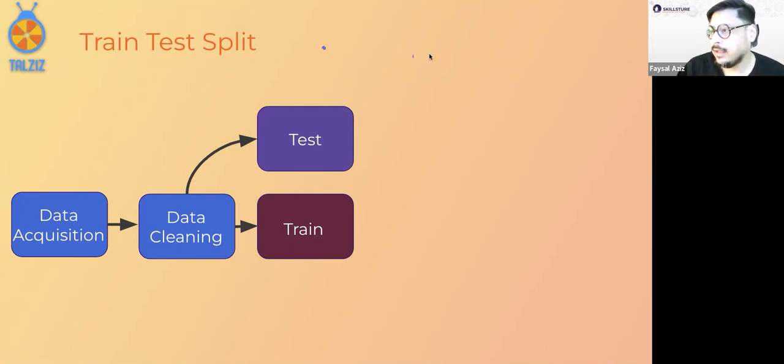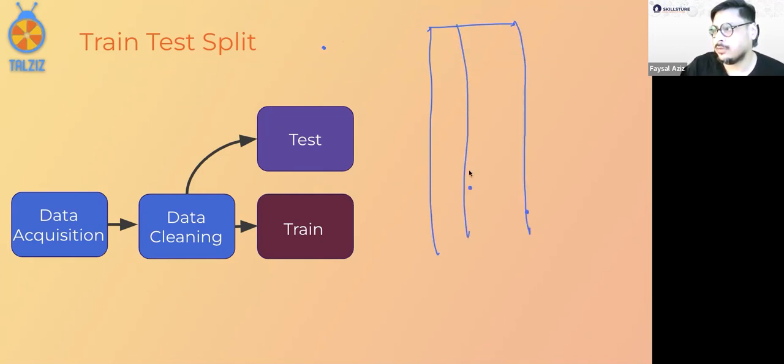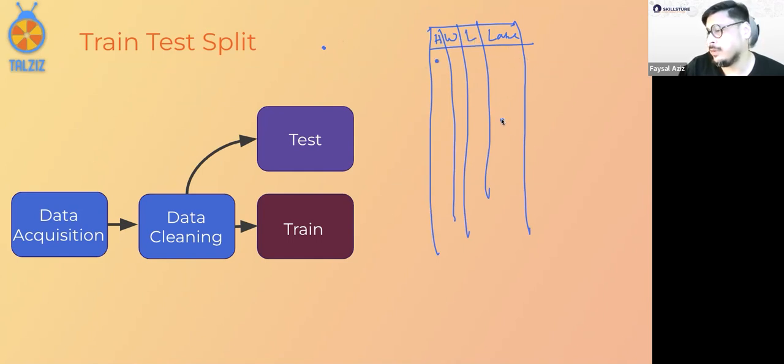Well, say you have a long table with lots of data, lots of features, and this is your label. Say this is height, this is weight, this is the length of your hair, and the label is whether you're male or female.